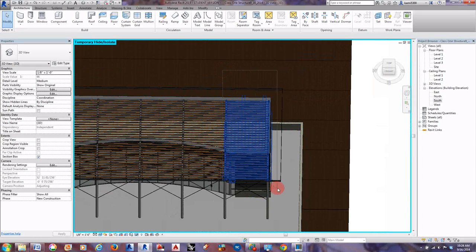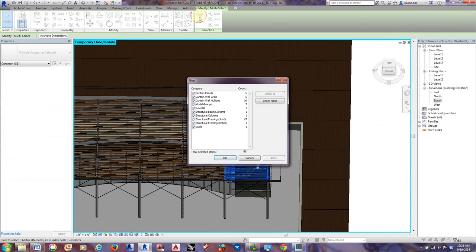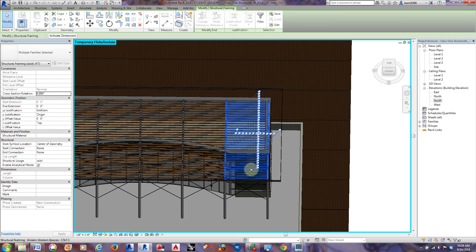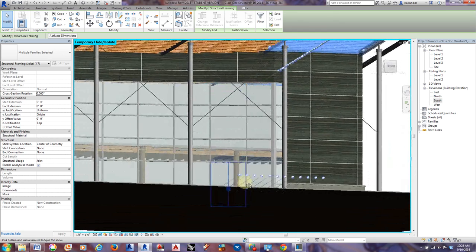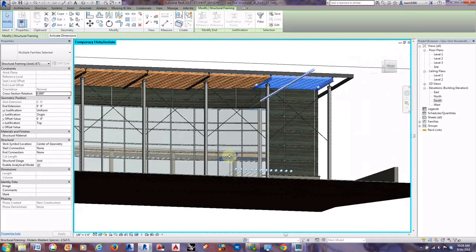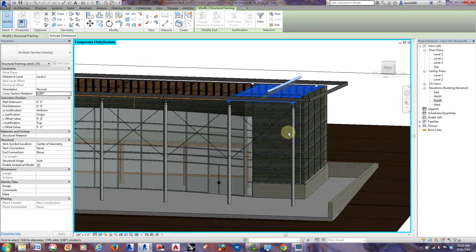I'm going to left click and drag and then filter out what I don't want. I can uncheck, check none, and then just grab the structural joists, go OK, and make sure that we're not grabbing these lower joists, which we are. So we can use the shift. If we hold in shift, you can see that there's a minus sign that starts to appear next to our arrow. You can go ahead and unselect those guys